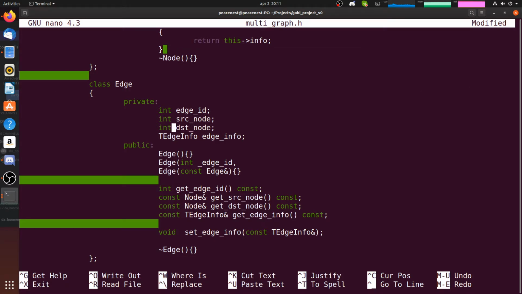Yeah. That was the idea, right? Because once I know the ID of the node, I can easily go and in theta of 1 get the information. Okay, so yeah, the edge ID is the edge ID. So now I have int edge ID, int source node, destination node, and